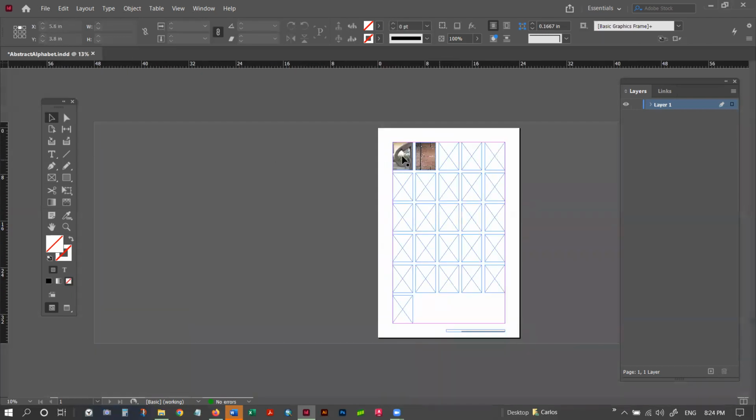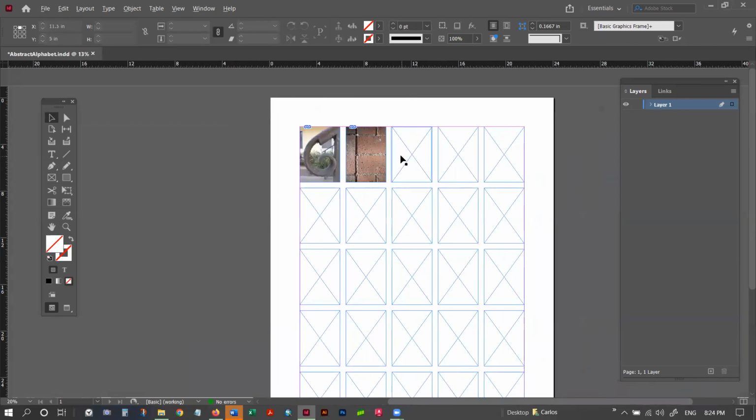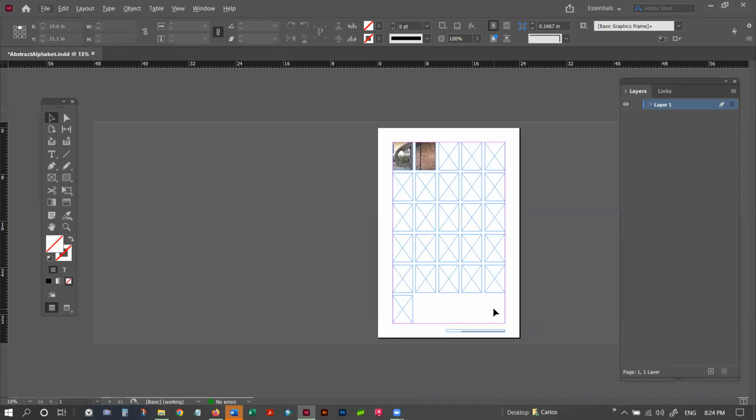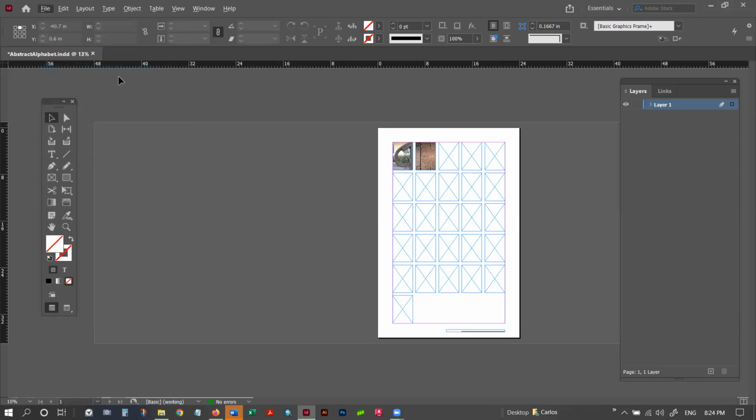So you're going to repeat the process with the rest of the letters in your alphabet, and the rest of your page is already laid out. So the final part is going to be, don't forget to save your work every once in a while. Once you finish with all of your letters, or if you're just showing a draft,